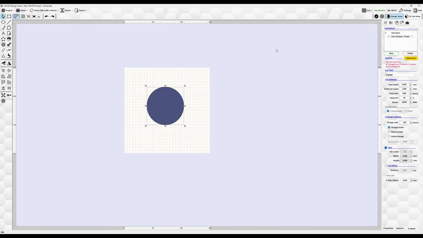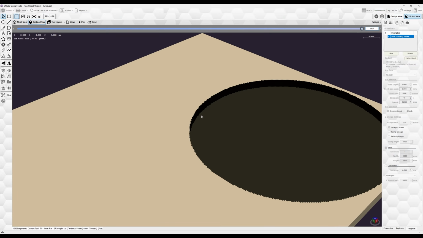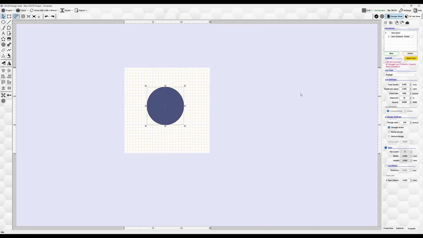Now, say for example, I'm going to try to do a chamfering operation where we're going to try to knock this sharp corner off using a 90-degree V carving bit. So to do that, what we'd do is we're just going to click on this existing toolpath and click on New. Now, you'll notice by default that it's labeled it the same thing,